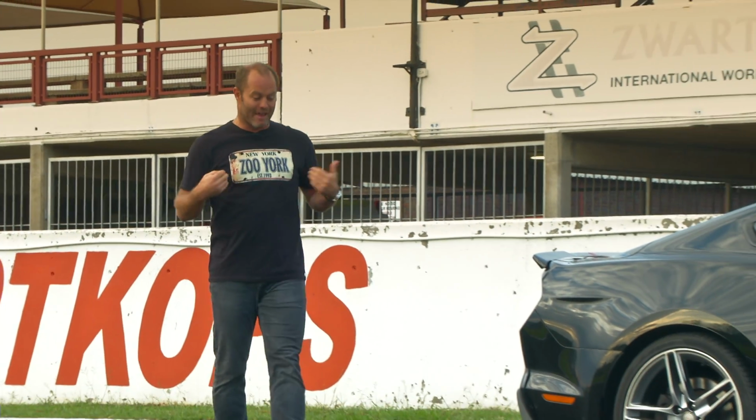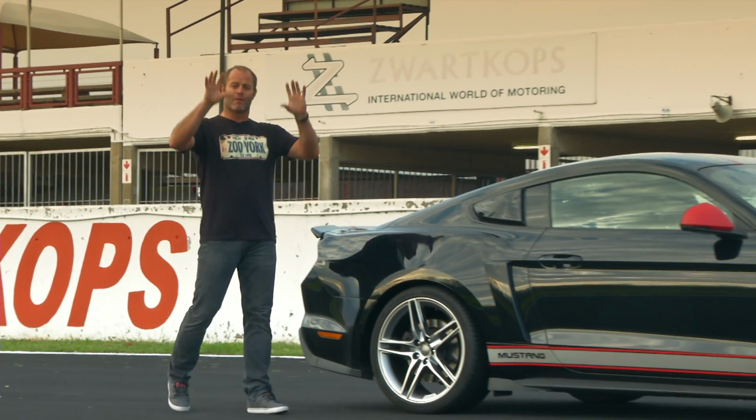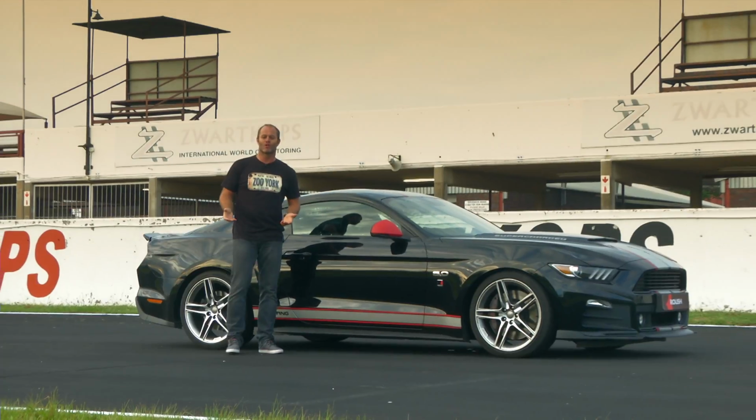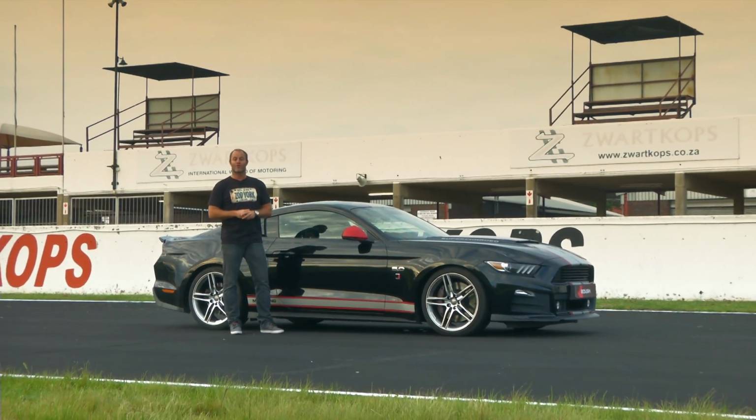The world went crazy when Ford announced that their latest Mustang would be a global car, the first time. It means that here in South Africa, no longer are Mustangs stuck up on our wall, but they're actually now parked in our garages. The first Mustang I ever got to drive happened to be a converted Roush right here